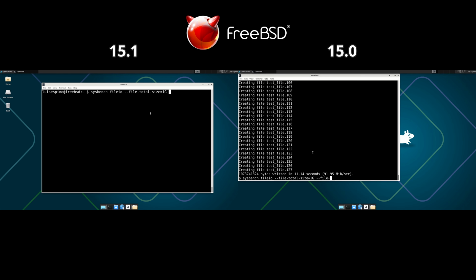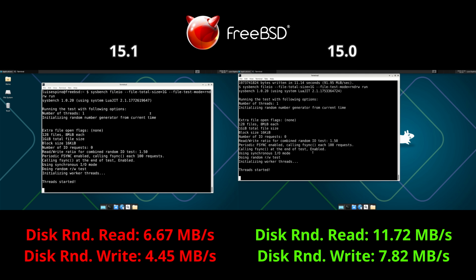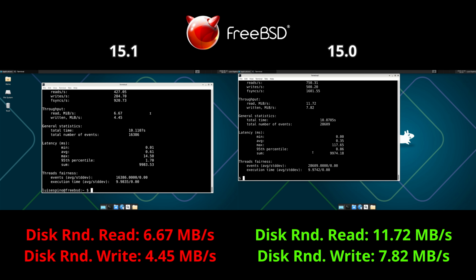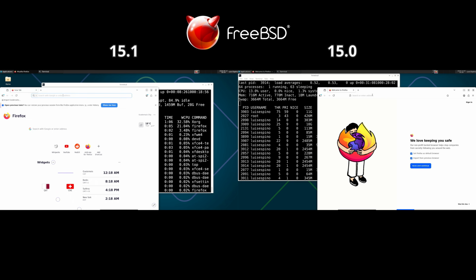For the final benchmark, we ran disk IO Sysbench, validating both read and write speeds using a random access mode. In the disk test, version 15 kept a major boost of 5 megabytes per second in read and 3 megabytes per second in write. Now, we run the top command to check the memory consumed by a Firefox window, with